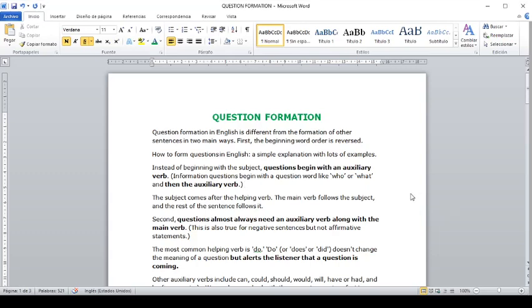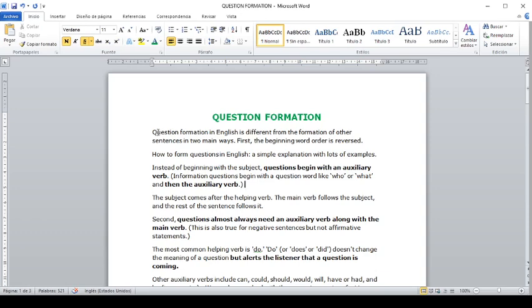Today we're going to talk about question formation. I'm sure you all already know this and you're quite familiar with it, but we're going to review it in order to carry out the activities that we're going to do after, okay? So let's take a look at this document I made for you on the theory. Then I'm going to upload it and you can read it on your own if you want to review the